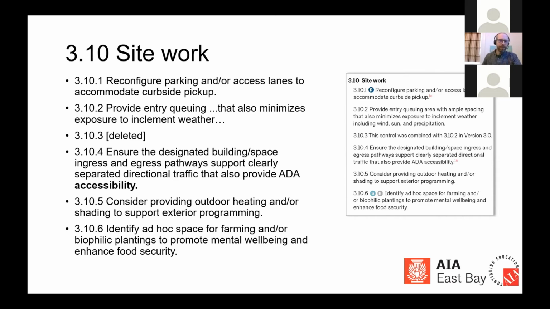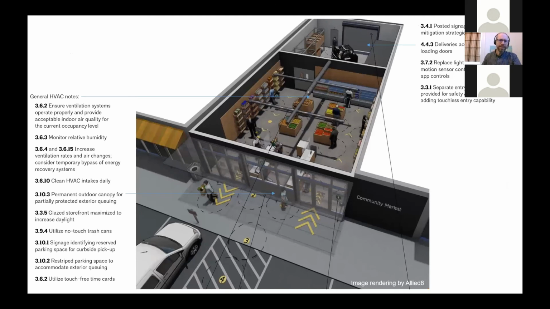So let's look at this example of a commercial space, a small grocery. This is from the AIA's document, Reopening America, Strategies for Safer Retail Stores. It demonstrates examples of interventions beginning outside of the building envelope. Sometimes we might think that all the interventions have to start at the building envelope, but it actually can start on the site. In the Bay Area, I know we've all seen at the supermarkets a certain level of queuing